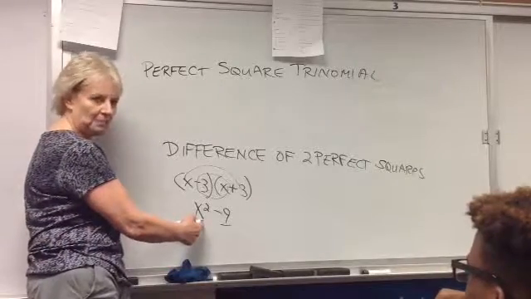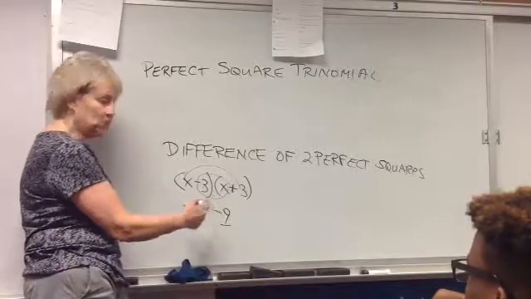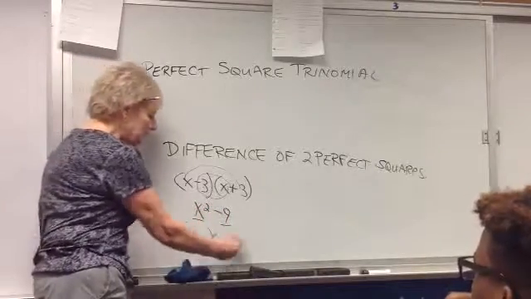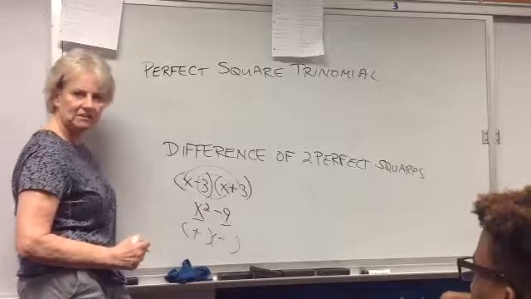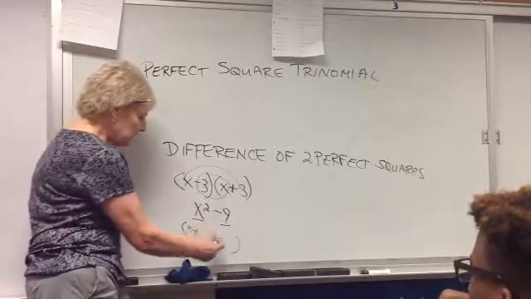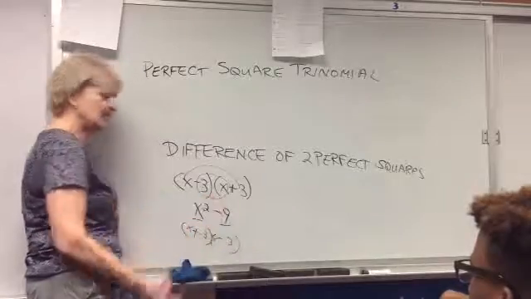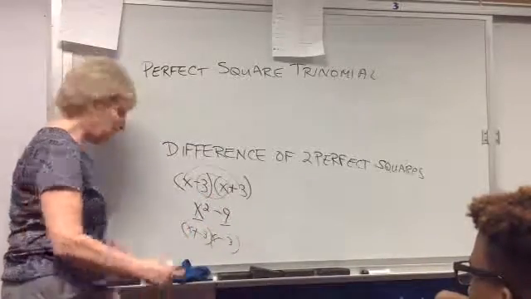In the next chapter, you're going to learn how to factor. And when you see two perfect squares, you can automatically put plus and minus, square root the first term, square root the second term. And that's going backwards. For example,